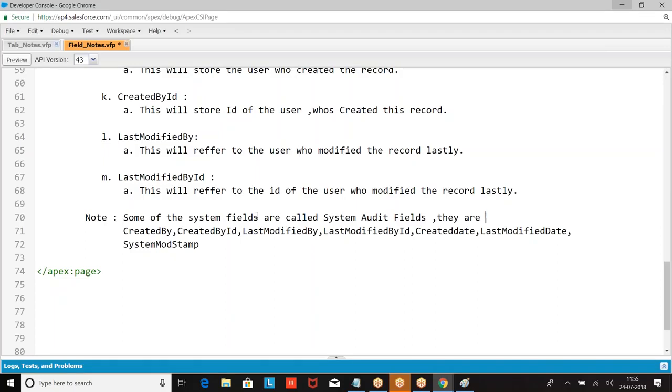Everyone is good? Any query on this concept? Okay. Now let us go to the next concept, which is called custom fields. Once again, any query from your end regarding the standard fields?